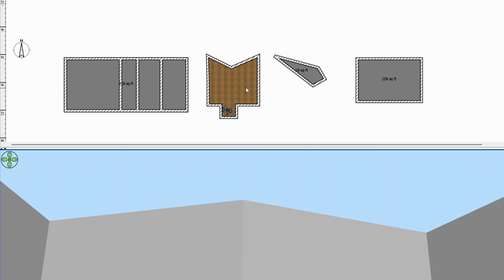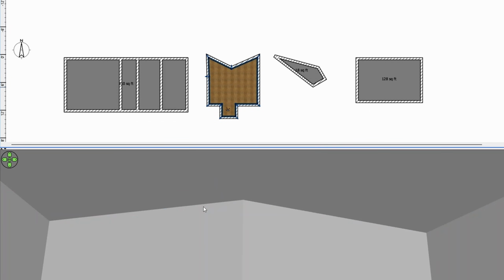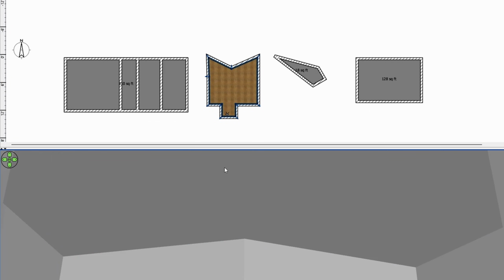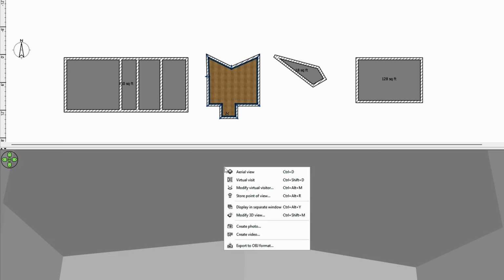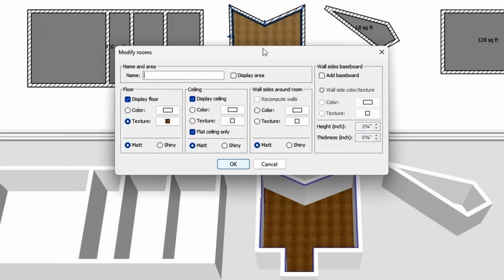Now the ceiling is disabled. To enable it, just double-click on the floor, check this checkbox, and click OK. Now go back to the 3D view, right-click, and choose Aerial View. Select the floor again,